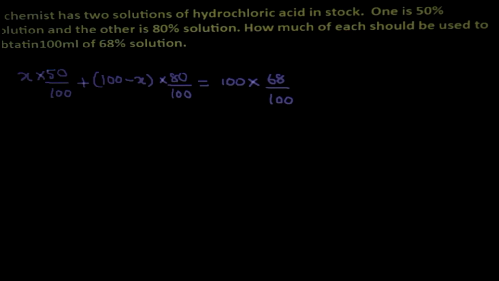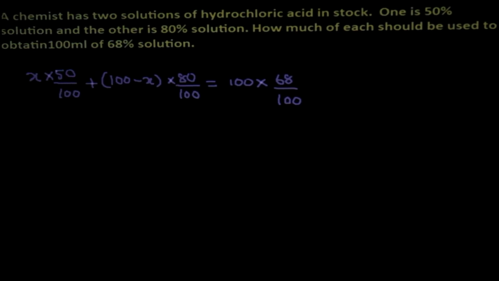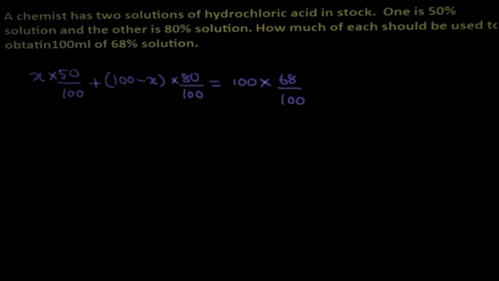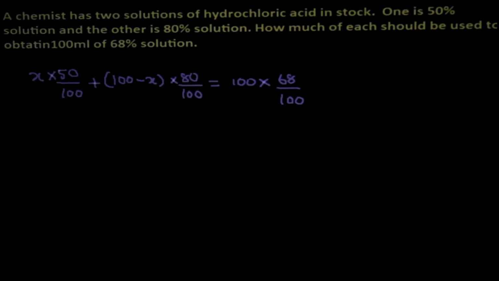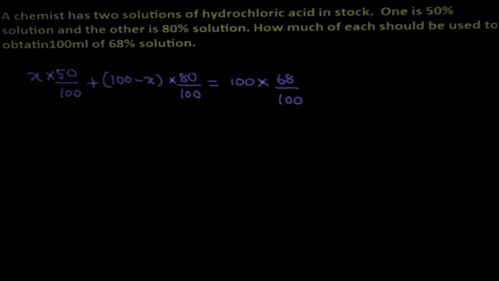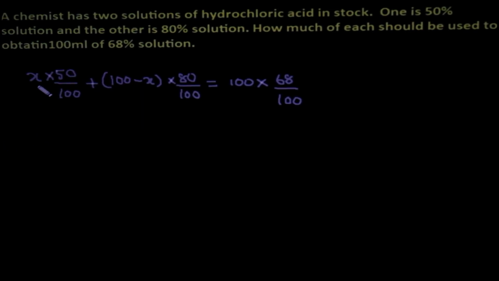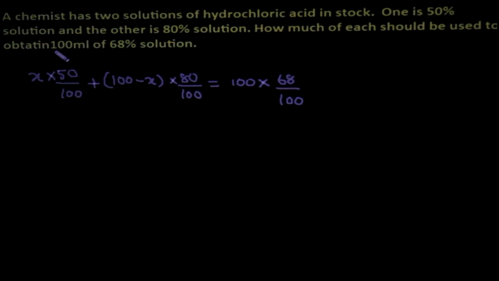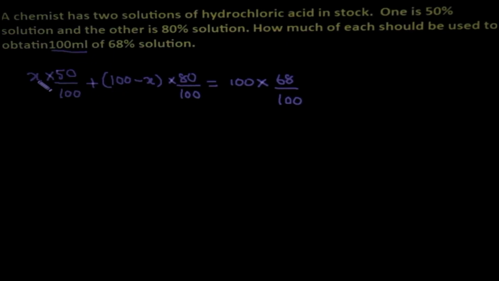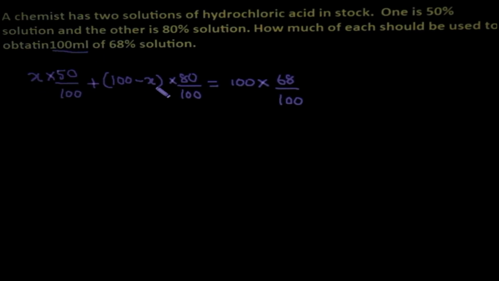The last two problems and other problems also. I will explain only the last two problems. In single variables, it is a pair of linear equations, so I explained with two variables, but it can be solved by a single variable. See, total 100 ml. So one is x, then the other will be 100 minus x. If one is 20, another is 100 minus 20, 80. One is 30, another 100 minus 30, 70, like that. One is x, the other one is 100 minus x.